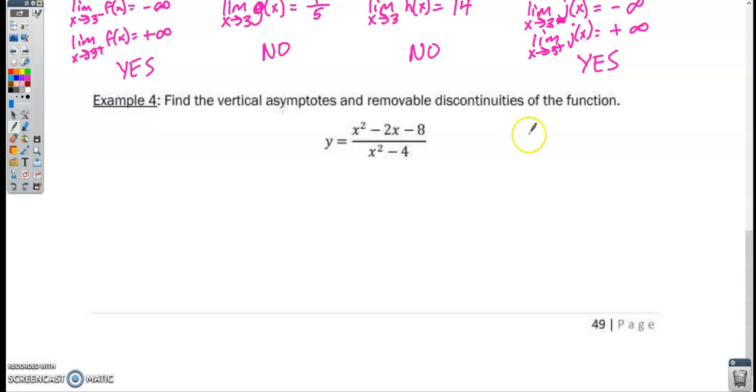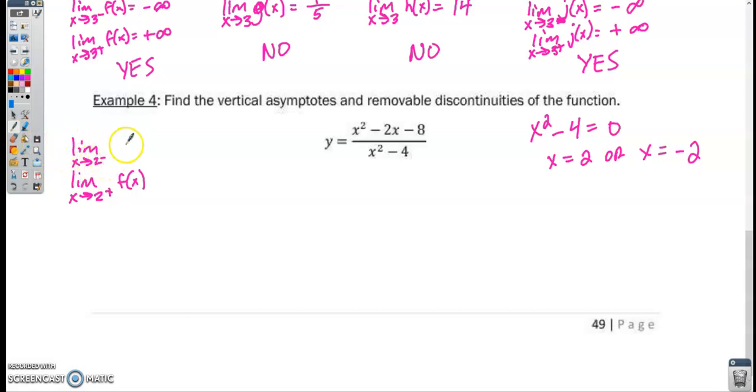So we're going to start with setting x squared minus 4 equal to 0 and solving that for x. And those are going to be our two candidates for where there potentially could be vertical asymptotes. So once we've identified those candidates, we're going to do a little limit analysis of this function. We're going to look at the limit as x goes to 2 from both sides